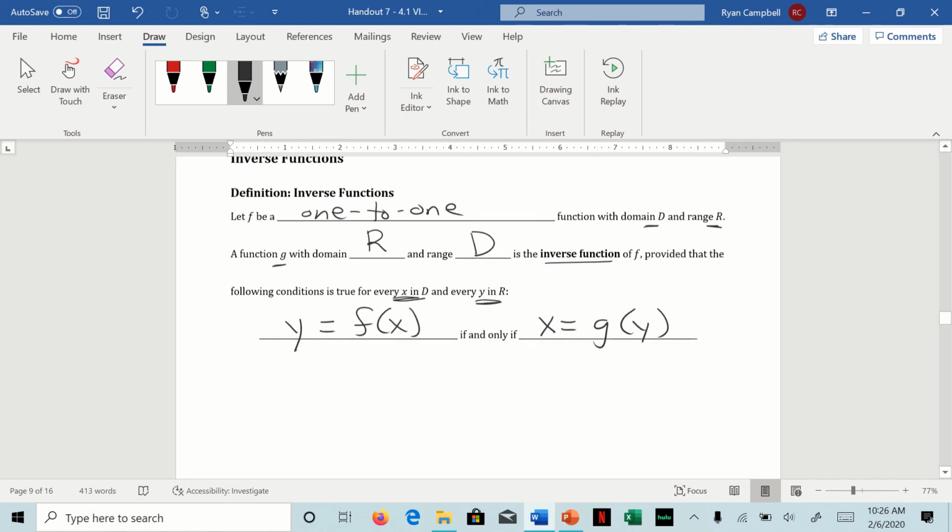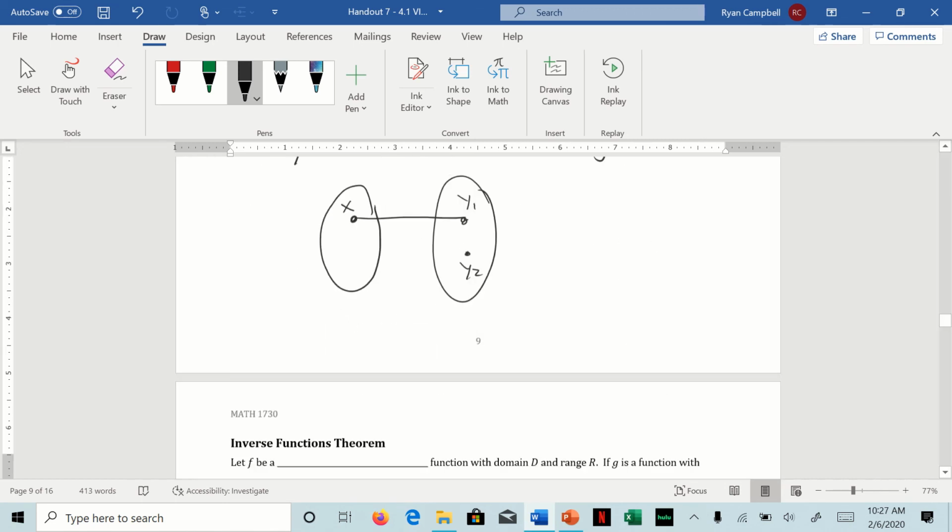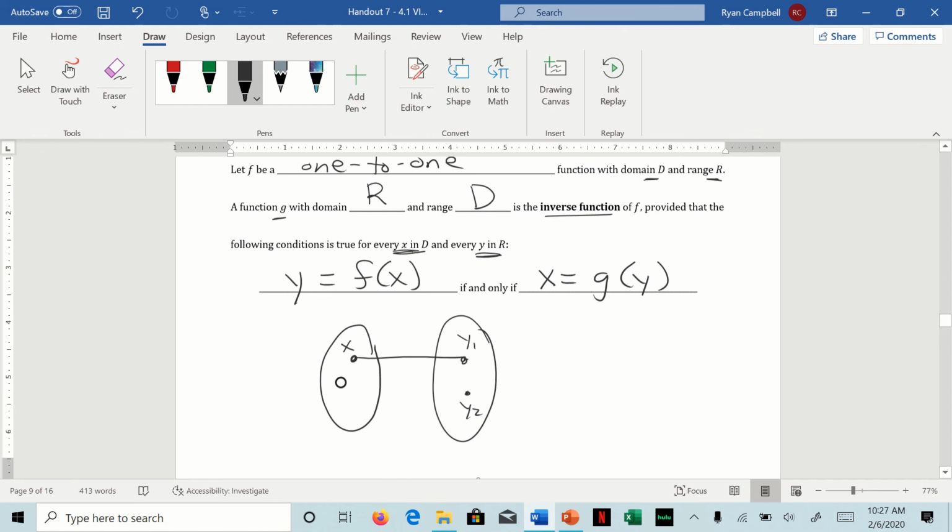So a reason why it has to be one-to-one, right? Remember, two things. For a function to work, one x cannot be touching two y's, right? That doesn't make any sense. That's not a function. So if we don't have a one-to-one function, right? If we have two x's,